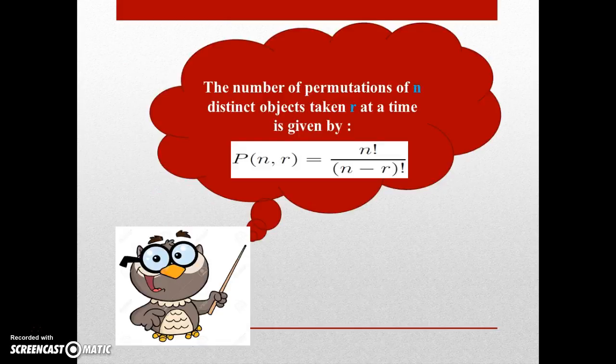Now, the number of permutations of n distinct objects taken r at a time is given by the following formula. This is just the notation. It's written different ways, but this is the way I like to write it. It would be n factorial over n minus r factorial. Remember, parentheses are important because when you push this into your calculator, if you don't input it correctly or with the parentheses, it might give you a different number, and we don't want that.